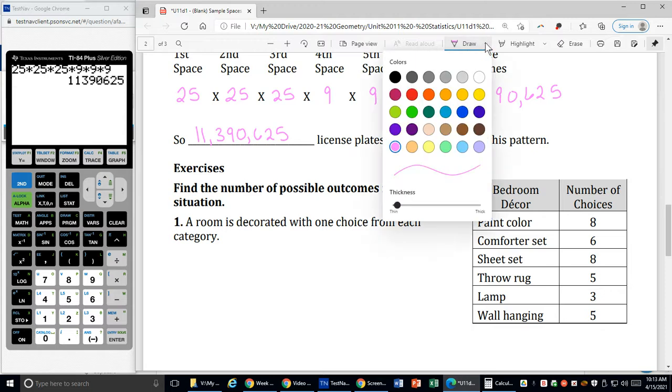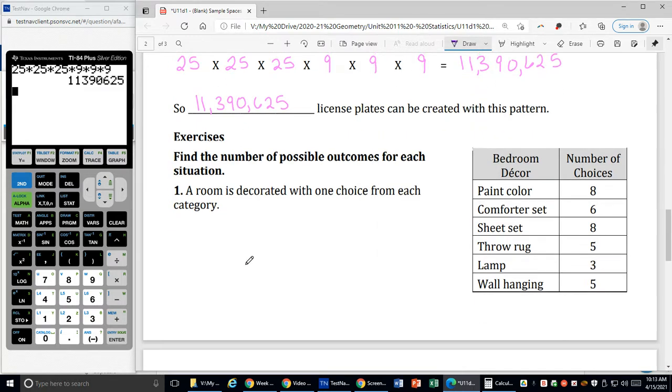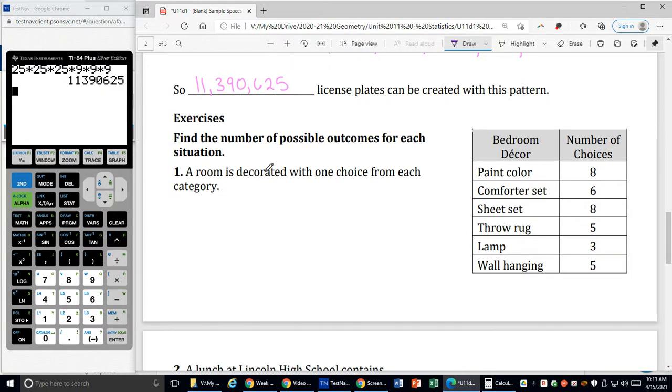Here are my exercises, my first example after the main example. We are going to be finding the number of possible outcomes for each situation. Number 1, a room is decorated with 1 choice from each category. So I'm going to choose a paint color, there's 8 options. I'm going to choose a comforter set, there's 6 options. A sheet set, there's 8 options. A throw rug has 5 options. A lamp, I have 3 choices. And for my wall hanging, my pictures or whatever I'm going to put on the wall, I have